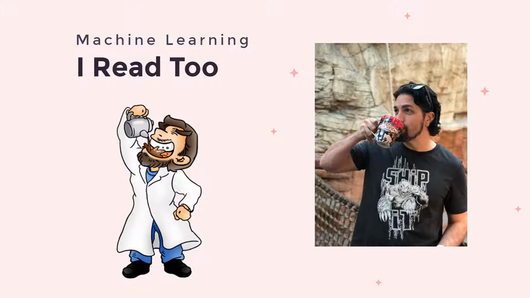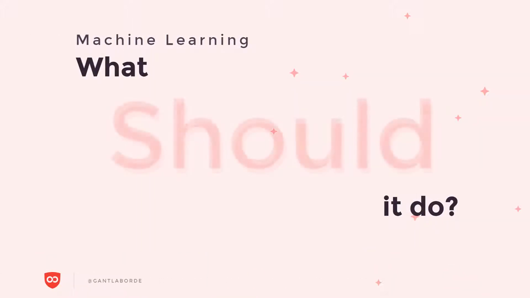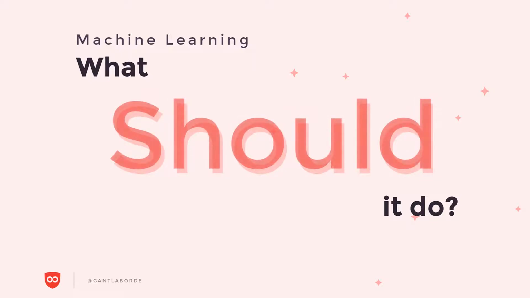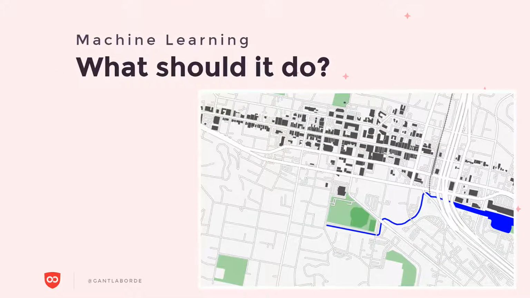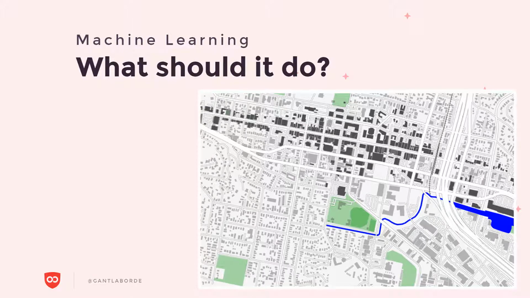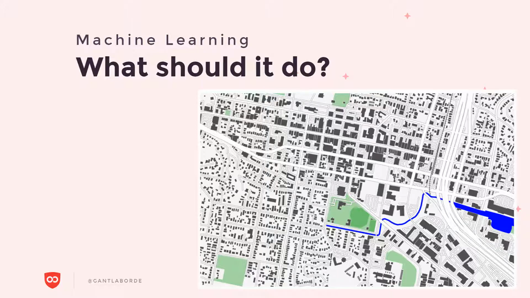So let's jump in for a second here and talk a little bit about what AI should do. AI could do a lot of things. It can take people's jobs, but it can also make our lives easier. And I think we can always raise the quality of life. This is volunteer labor. If you look at all those building footprints before, after, thank you very much, AI. And that was done by Microsoft. They made it open source.